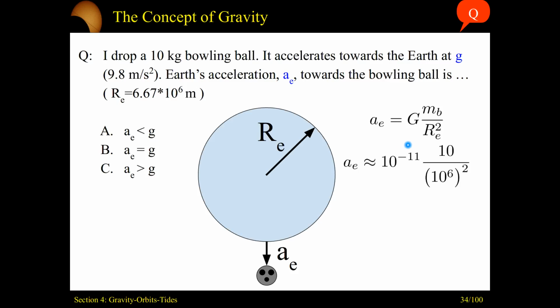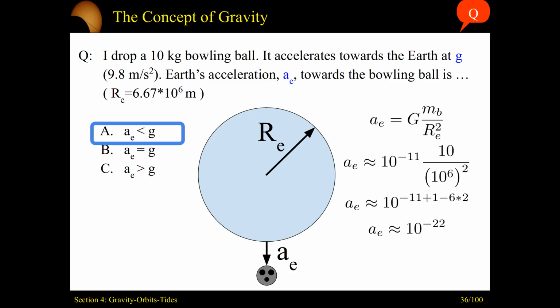So our gravitational constant has a 10 to the minus 11. The mass of the bowling ball, yeah, I picked a really easy one. I made it just 10 kilograms, so that's 10 to the first. And Earth's radius, ignoring the 6.67 up front, it's just 10 to the 6, right? So we're going to have a 10 to the 6 squared down here. And now just add up all those powers of 10 together. So we'll have minus 11, we'll get a plus 1 from the bowling ball, and then 6 times 2, because it's a 10 to the 6 being squared. Minus comes from the fact that this thing's in the denominator. So we'll have minus 11 plus 1 gets us to minus 10. Minus 12,